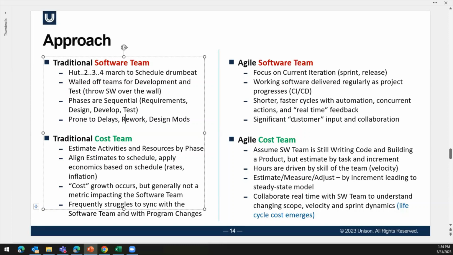learned about the characteristics of these teams, the characteristics of the increments that they're working in, and the cost model has to capture that and be able to flow with that, because that's the way the software team is delivering very successfully software. So as the software product emerges through features and capabilities, the cost, the real cost, will eventually begin to emerge,